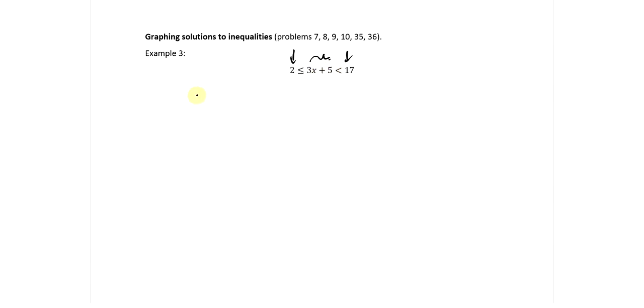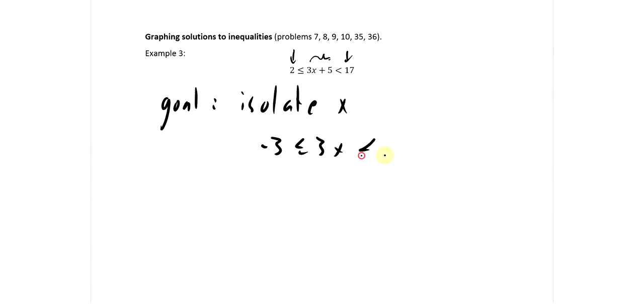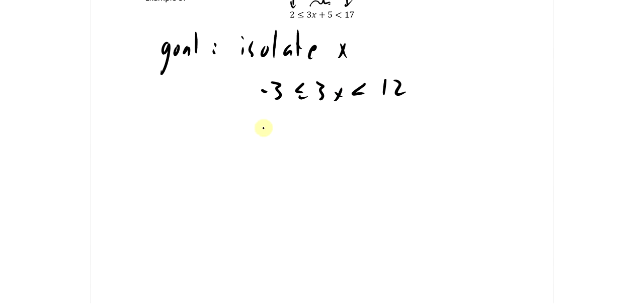So what can we do with this? We'll subtract a 5 from all three sides, but we'll state what our goal is. So we'll subtract a 5 from all three sides. 2 minus 5 is minus 3. 17 minus 5 is 12. And now we can divide all three sides by 3. Minus 1 is less than or equal to x is less than 4. Or in interval notation,